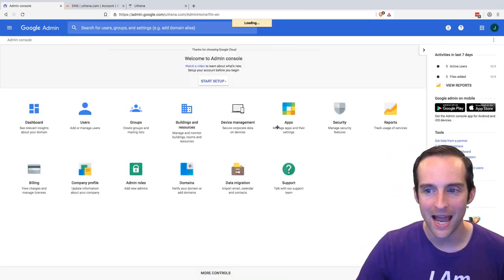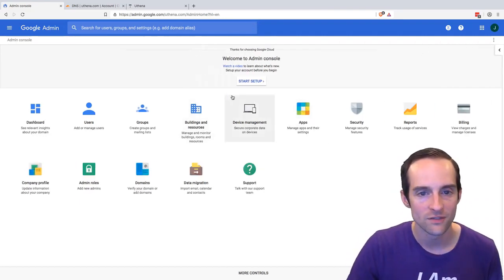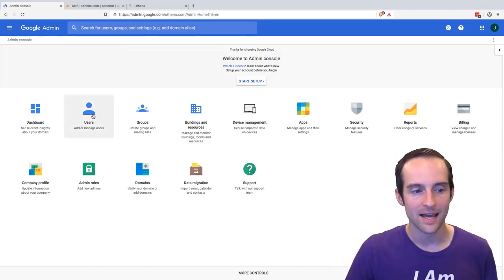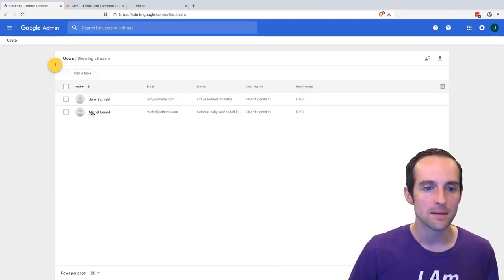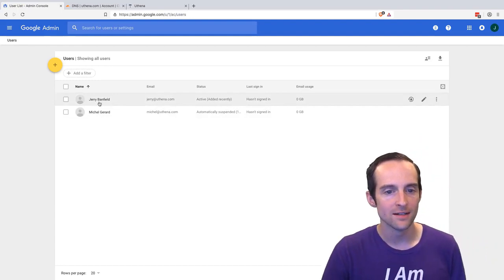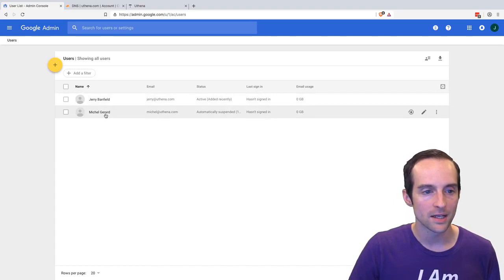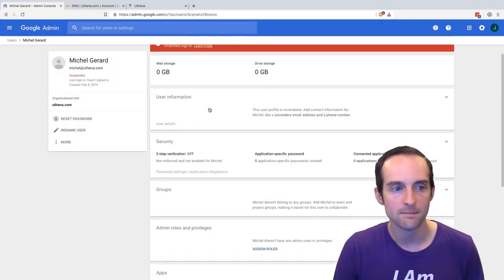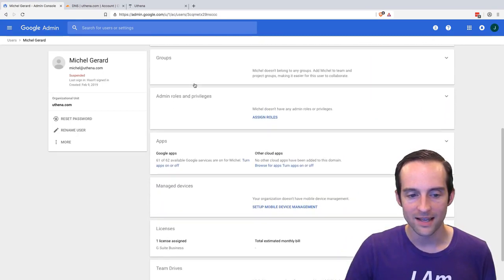So once we go into the admin console, this is where we've really got a lot we can do in here. You've got the admin console. You can set things up. What I like in the admin console, what you can do, you can add user aliases to email accounts, which is nice. So I've got Jerry on here, and then I've got Michelle. So what I can do for Michelle is I can do something. Michelle hasn't signed in yet. So what I can do on Michelle is I can add